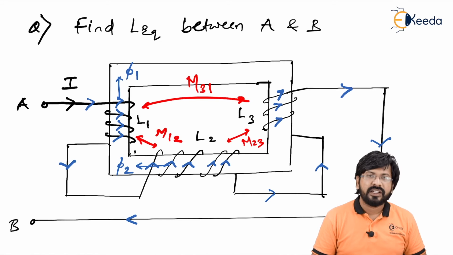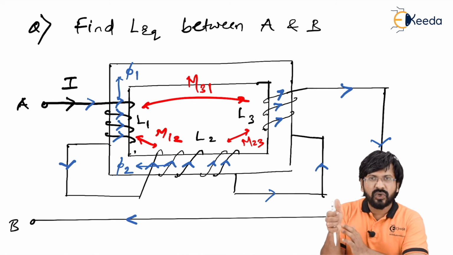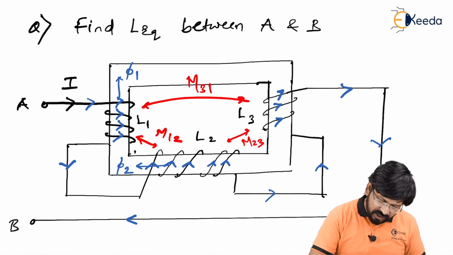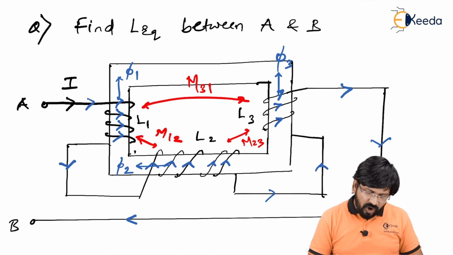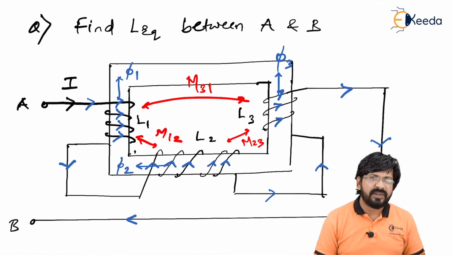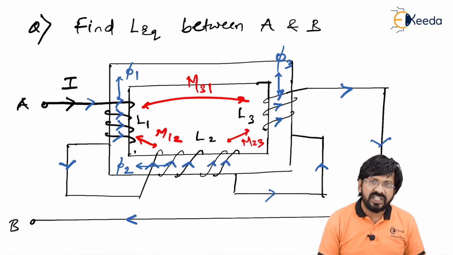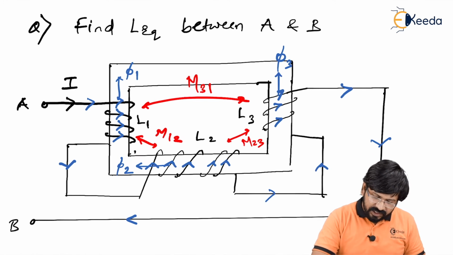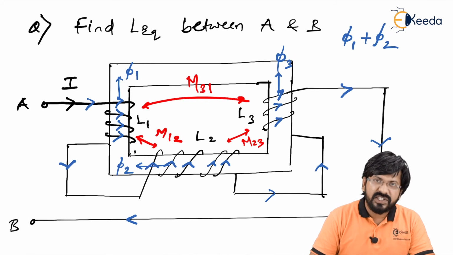Again, for the third, that is the third coil, as you can see, this curl of fingers shows the current, and then this thumb direction is your flux. Now observe phi 1 and phi 2. Are phi 1 and phi 2 in the same direction or opposite direction? They are in the same direction. So phi 1 and phi 2 will assist each other. Please indicate this like this. Phi 1 and phi 2 will assist each other, meaning that flux addition will take place